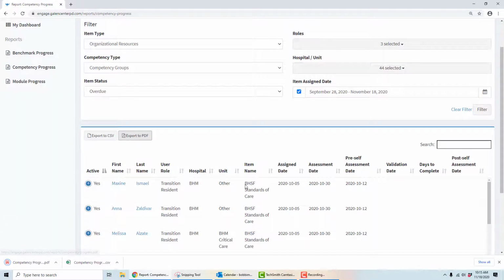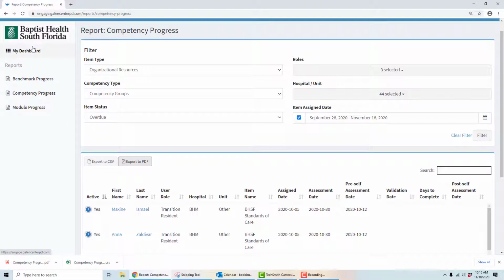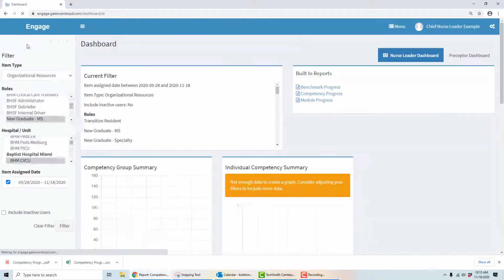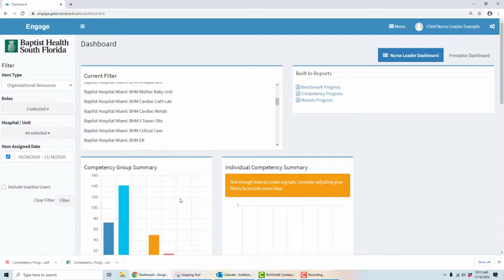You can export this to a CSV file or a PDF file. Either one, the information is easily accessible. You can download it and email it to anyone. So if you go back to your dashboard, I went up here to the left-hand side, and I come back